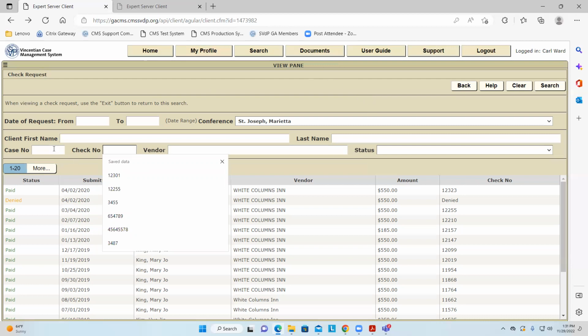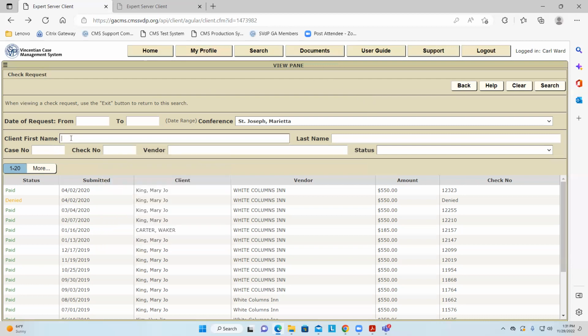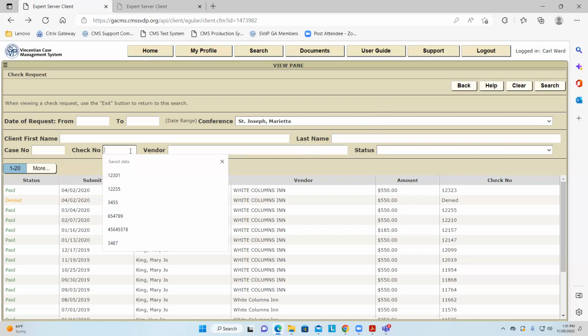Or you can put in the client's name, say Mary Jo King, and you can bring up all Mary Jo King's checks if you wanted to. But typically what I've seen is that when the treasurer gets an inquiry for a check that has been outstanding for 3 months, you go in there and just put in the check number and it'll bring it right up. Yeah, that's the way to use it, but it's up to you.